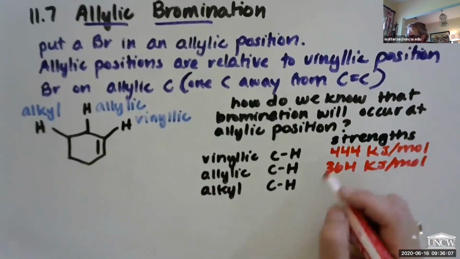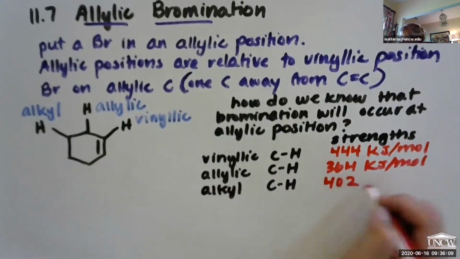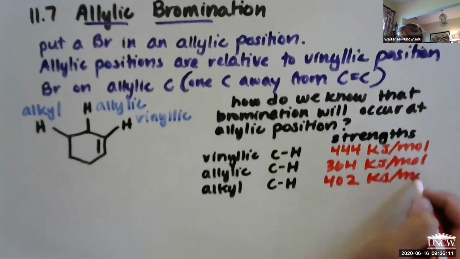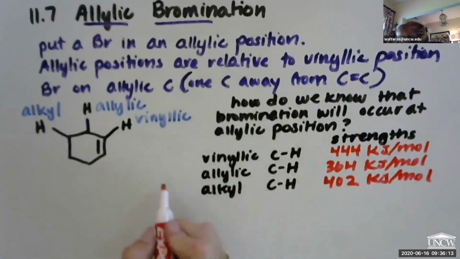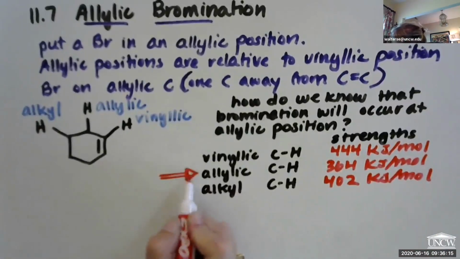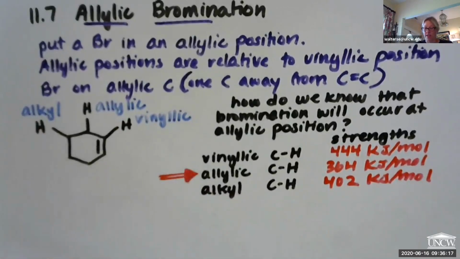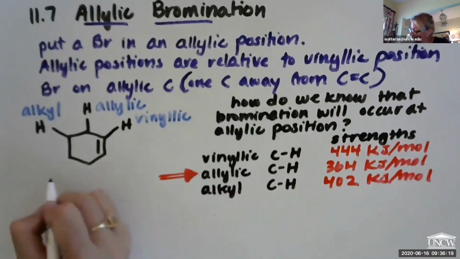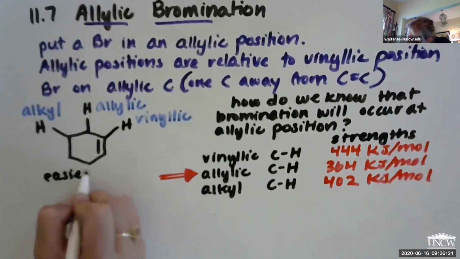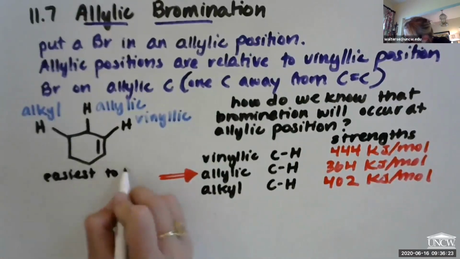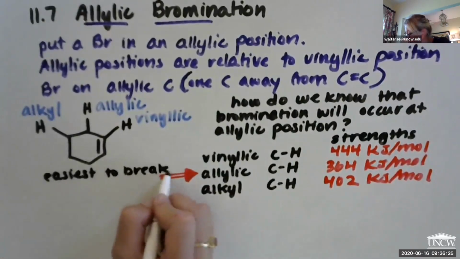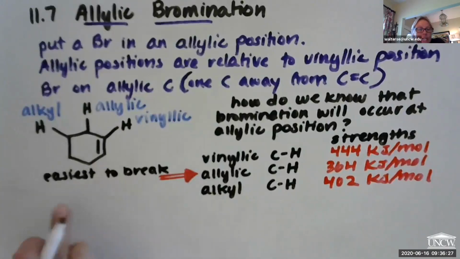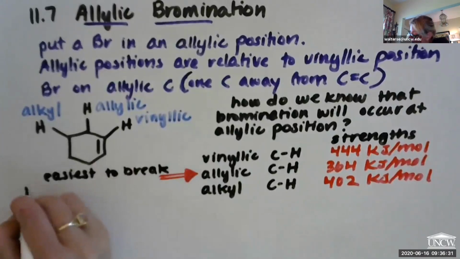The alkyl is 402 kilojoules per mole, which means the allylic carbon to hydrogen bond is the easiest bond to break. Okay. It's the easiest of the three bonds to break